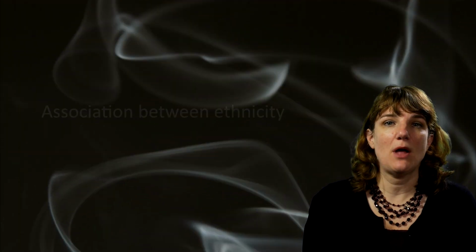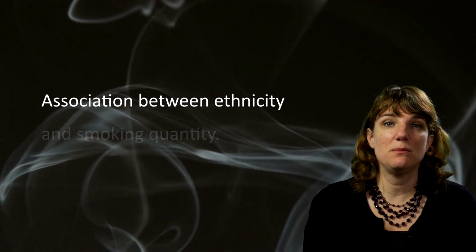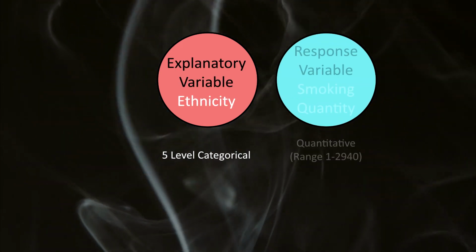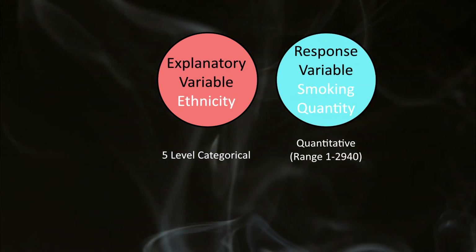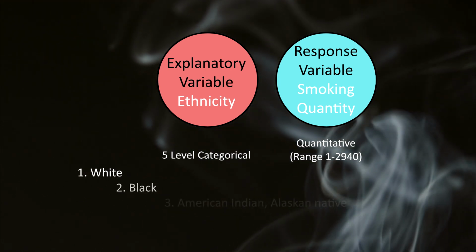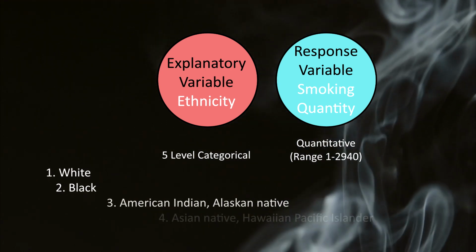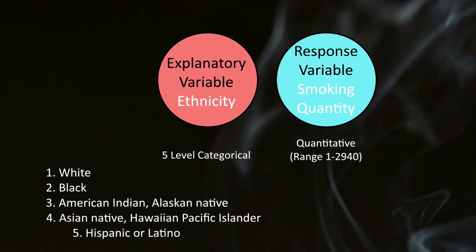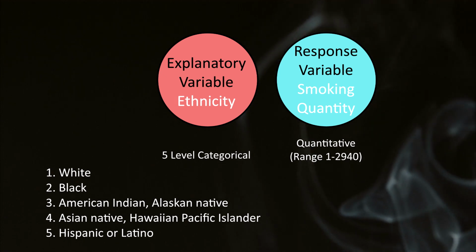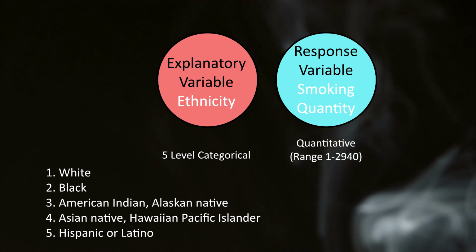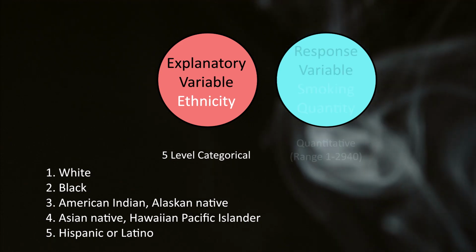In this example, I'm going to examine the association between ethnicity and smoking quantity. The explanatory variable, ethnicity, actually has 5 levels or groups. 1 is white, 2 is black, 3 is American Indian, Alaskan Native, 4 is Asian Native, Hawaiian Pacific Islander, and 5 is Hispanic or Latino. So by running an analysis of variance, we're asking whether the number of cigarettes smoked differs for